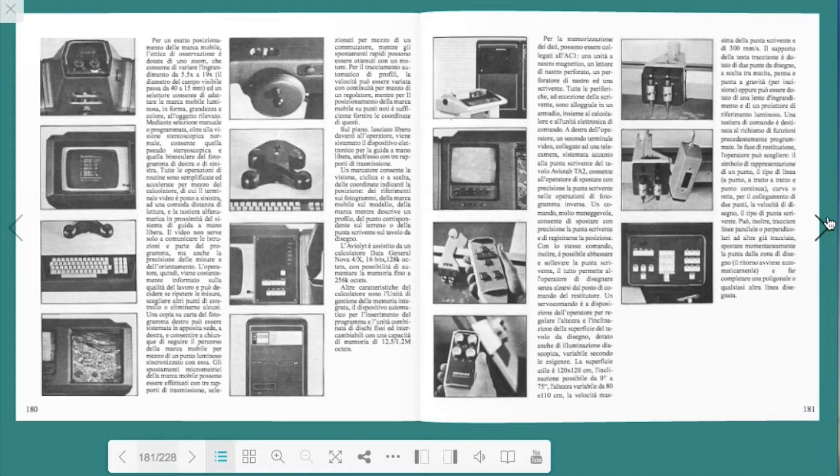Page 181. For data storage, the AC1 can be connected to a magnetic tape drive, a punched tape reader, a tape puncher and a writer. All the peripherals, with the exception of the writer, are housed in a cabinet, together with the heat calculator and the electronic control unit. To the right of the operator, a second video terminal, connected to a camera, placed next